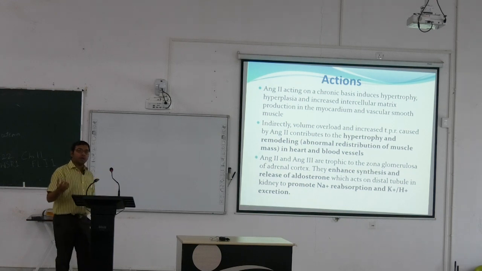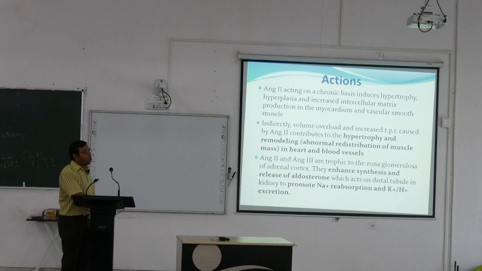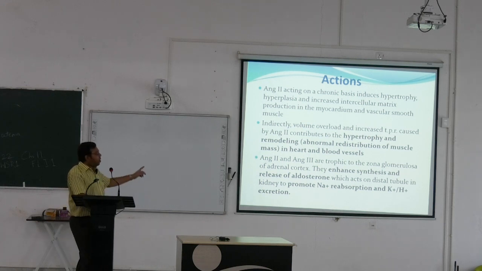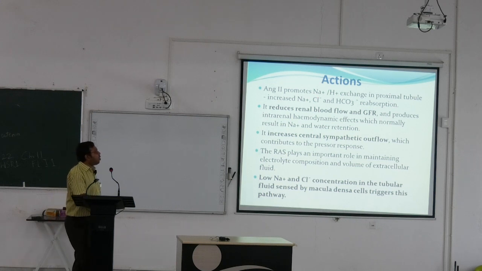They are again the same thing. So they reabsorb sodium, reabsorb chloride, and ultimately reabsorb water and increase the blood pressure. But this aldosterone is synthesized from the adrenal cortex. Already you have seen the zona glomerulosa as part of the adrenal cortex, and angiotensin 2 ultimately causes increased release of aldosterone from the zona glomerulosa cells. It promotes sodium H+ exchange in the proximal tubule,